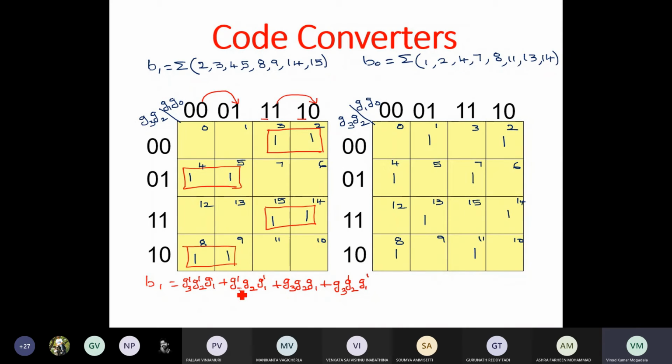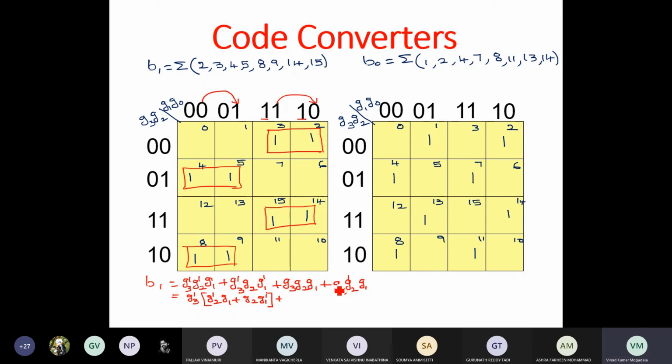Z3 prime is common. If you take Z3 prime, you will get Z2 prime Z1 and Z2 Z1 prime, right? And then here also again Z3 is common.